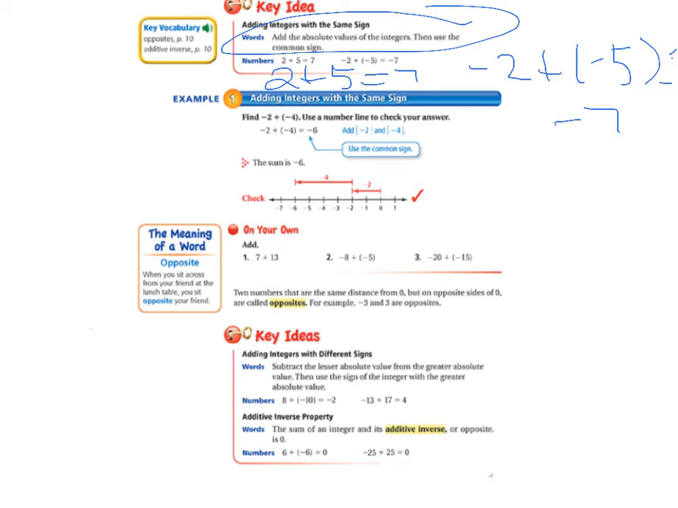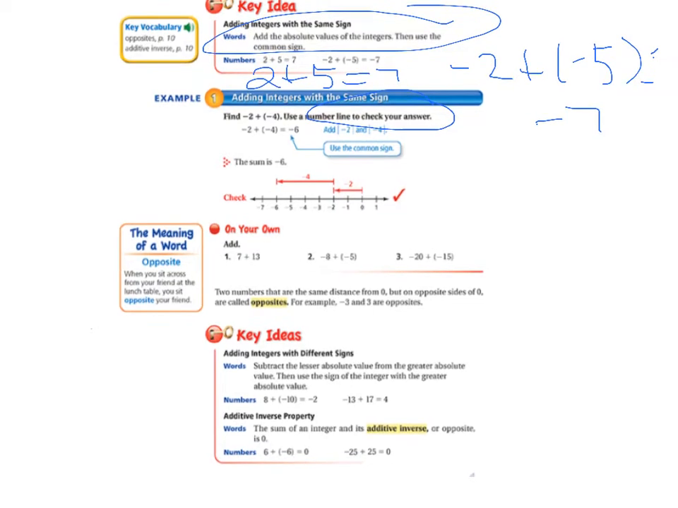It says adding integers with the same sign. So we're going to go through these steps again. Find negative 2 plus negative 4. Use a number line to check your answer. So this is always a good idea, to use a number line to check your work. To do it both ways, if we use the steps where we use absolute value,